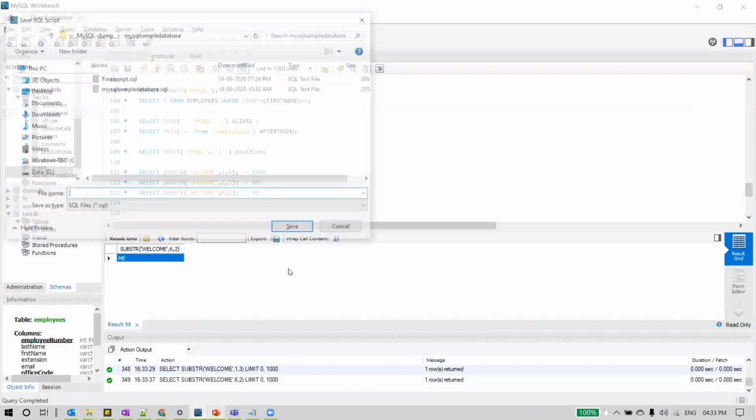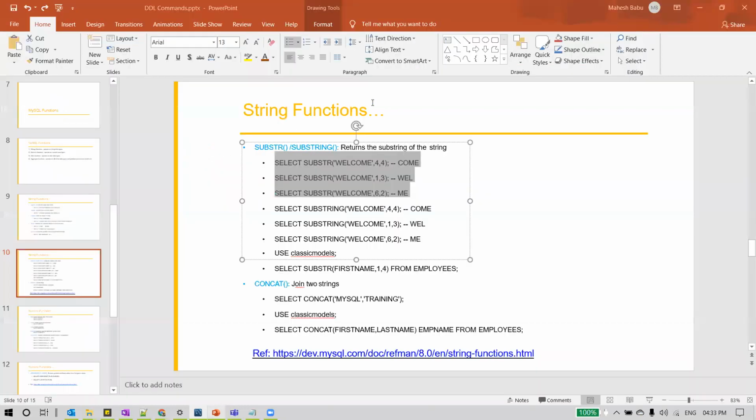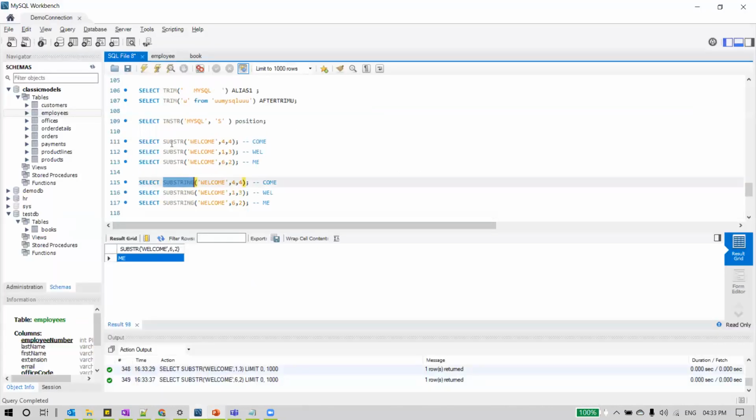So this is the use of substr, and we can also do the same using substring as well. Both are same. You can see it has the same syntax. It will take the same number of parameters. Everything is same. Functionality is also same, but you can either specify it using substr as the keyword for the function, or you can say substring. Both are same. We can use either substr or substring.